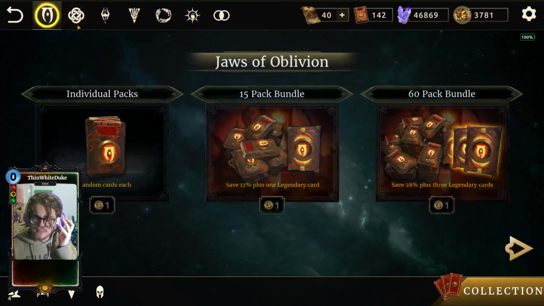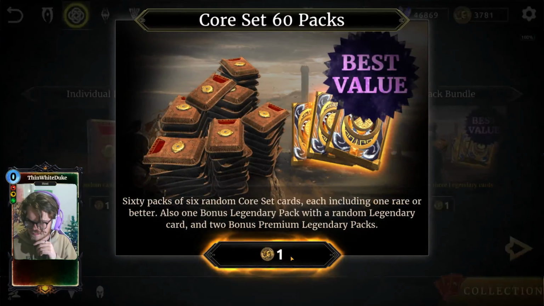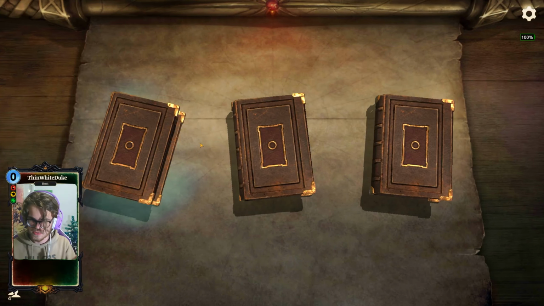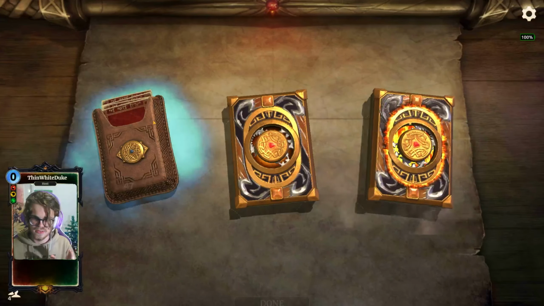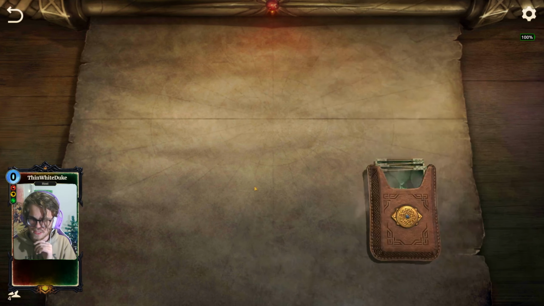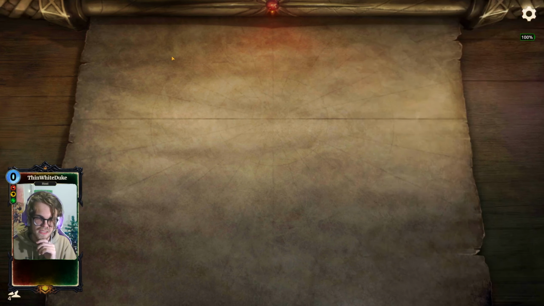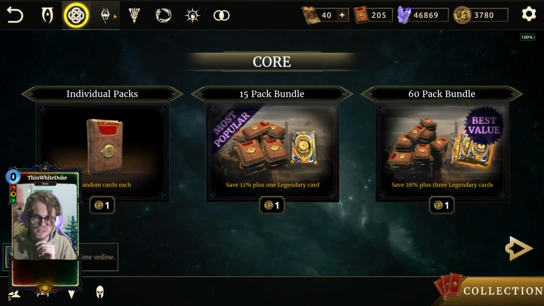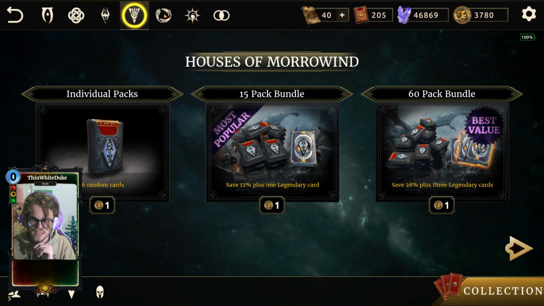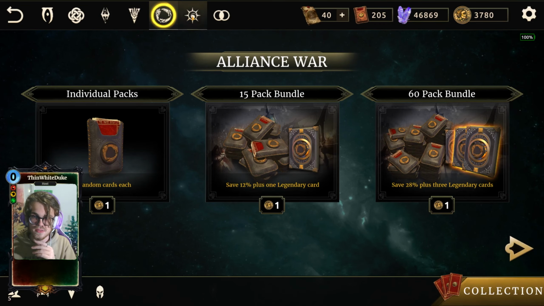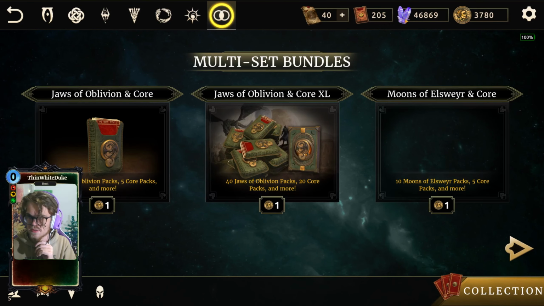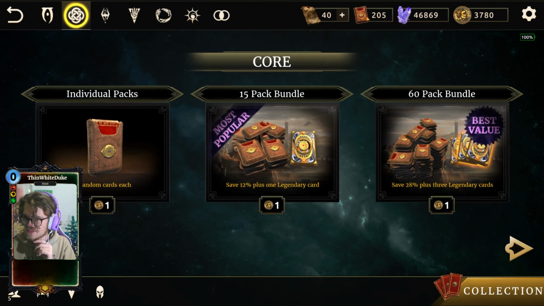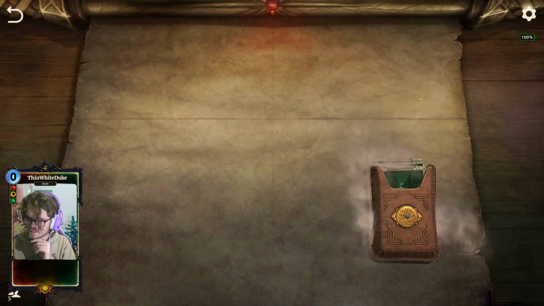And then, we'll grab 2, why not? What you're going to do to really efficiently get cards, and you can do this with any of the sets that you saw at the top there. I'll just go back through that quickly. So we have Oblivion, Core, Skyrim, Morrowind, Alliance War, Elsewhere, and these bundles. So you can pick whatever you like, but buying a pack of 60, and then you're going to go here,